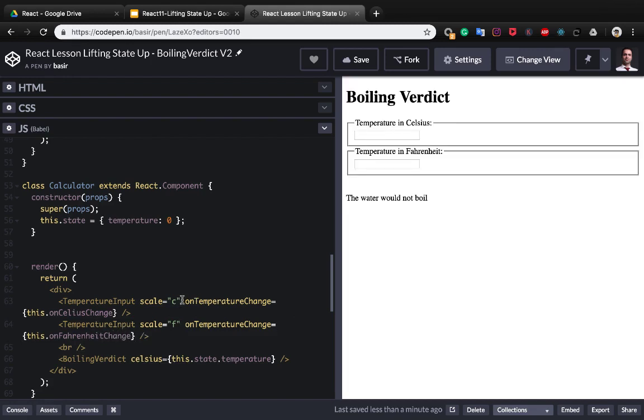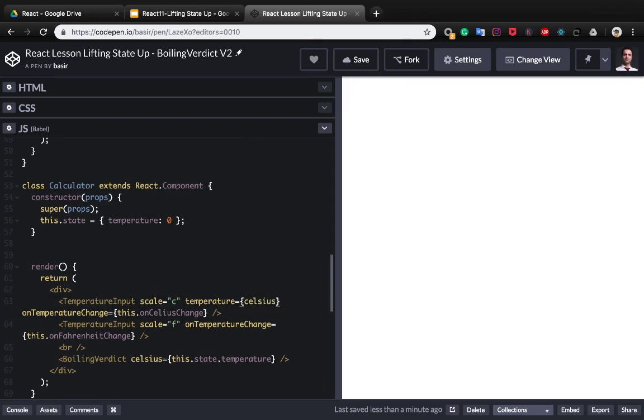Also we need to set the temperature to Celsius. We will create this variable inside render, and for Fahrenheit